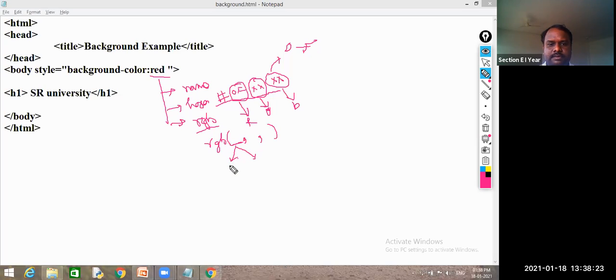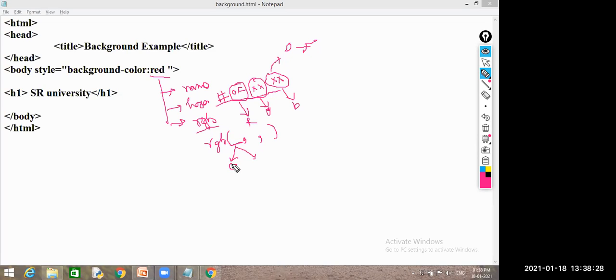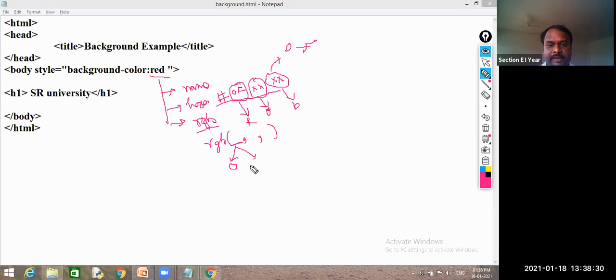RGB values: 0 to 255. So this is the number, guys, and you should remember this.